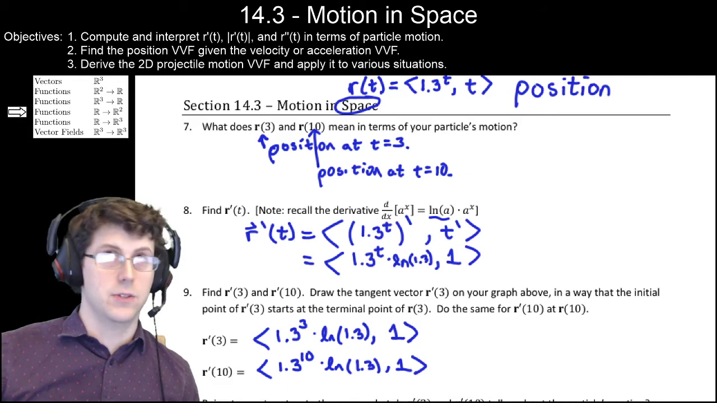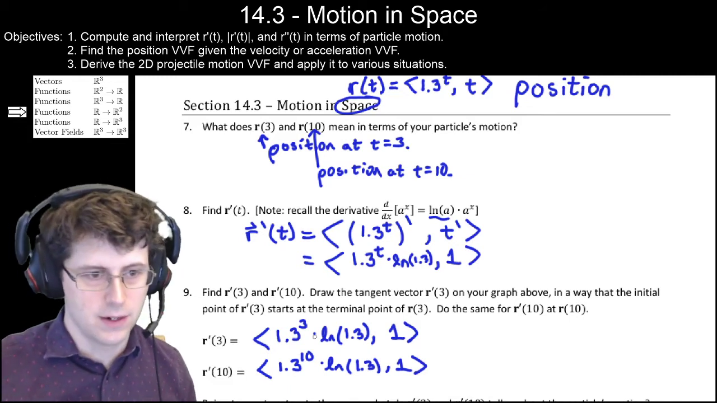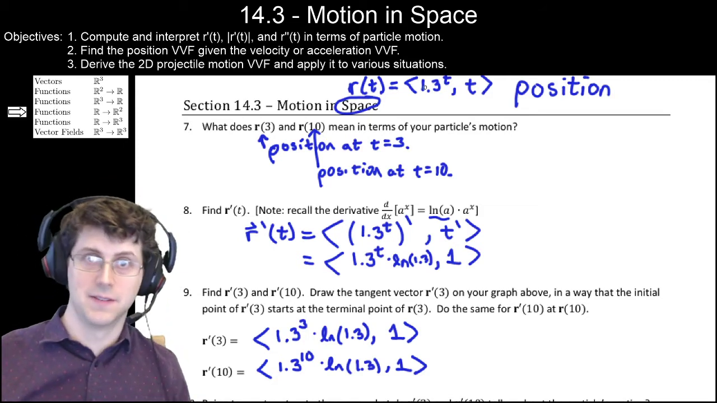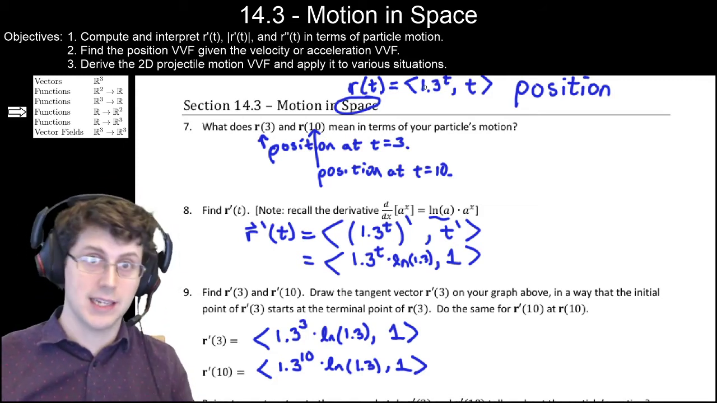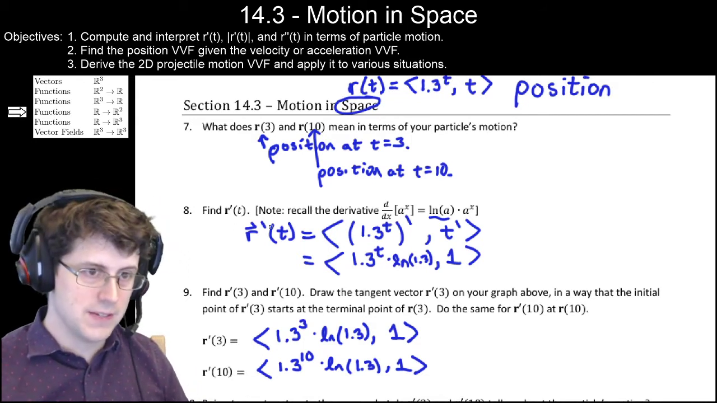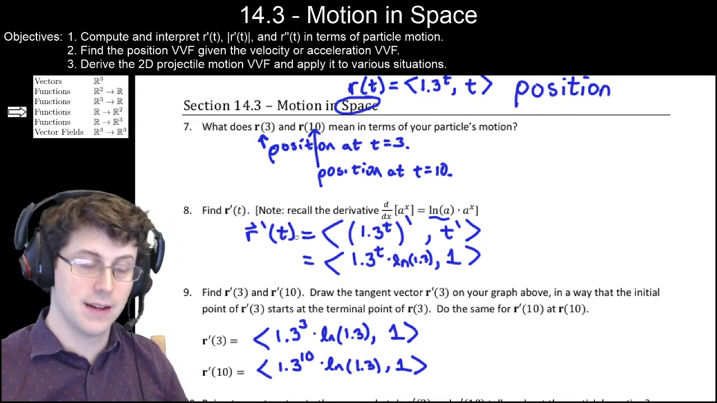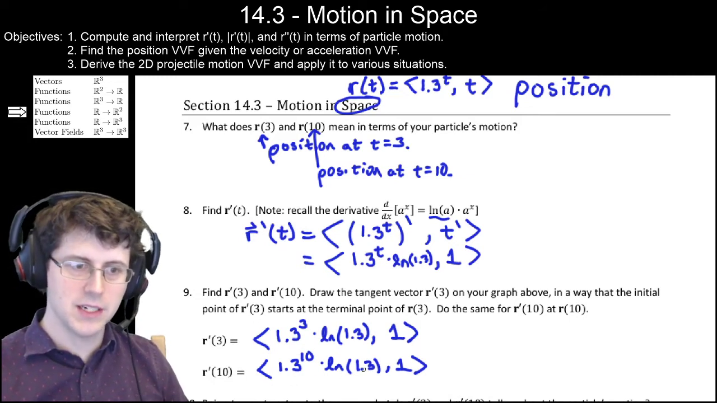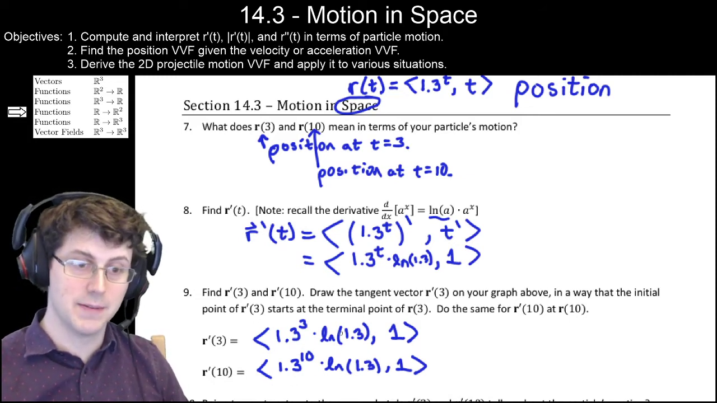You should not go up to r of t, plug in 3, and then take the derivative. That would be bad. Then you would always get 0, 0, 0, 0, 0 for every r prime of t. Instead, you find r prime of t by taking the derivative of each component, and then you plug in the time. Okay, so if the question was just find r prime of t and r prime of 10, this would